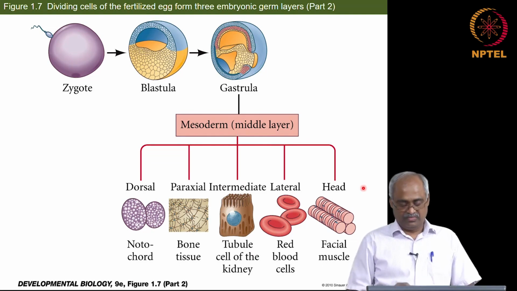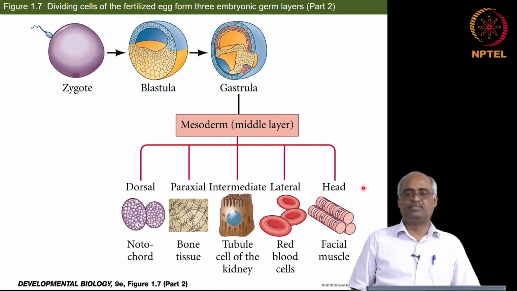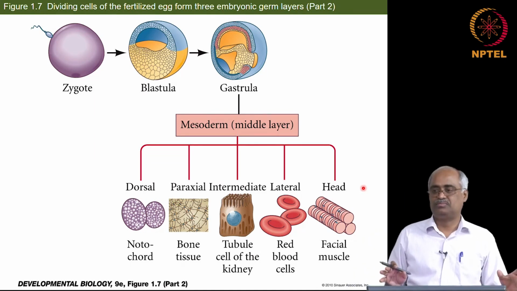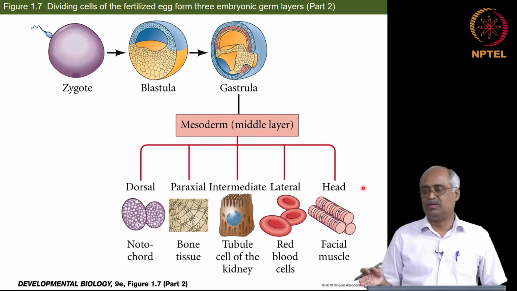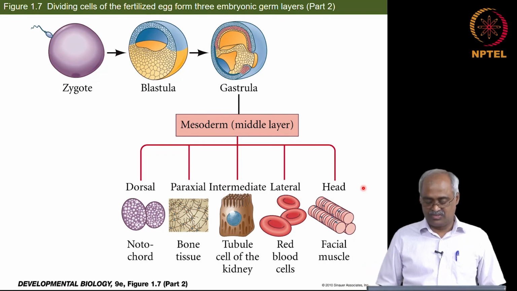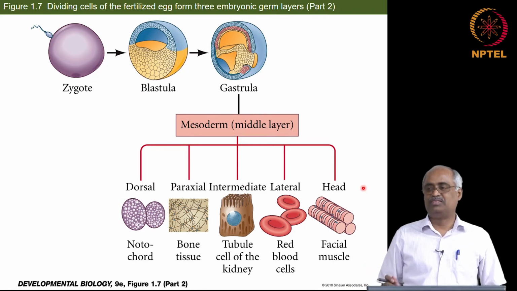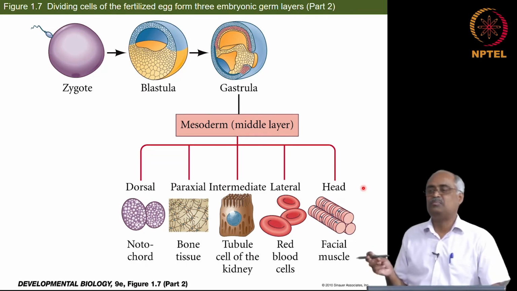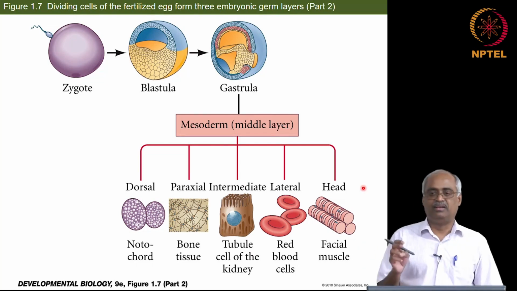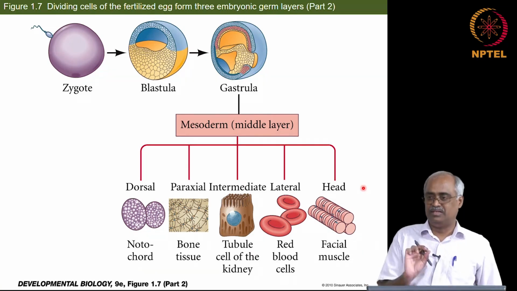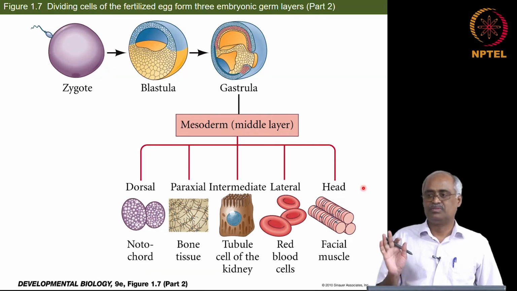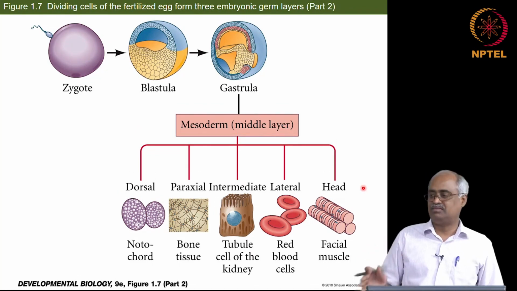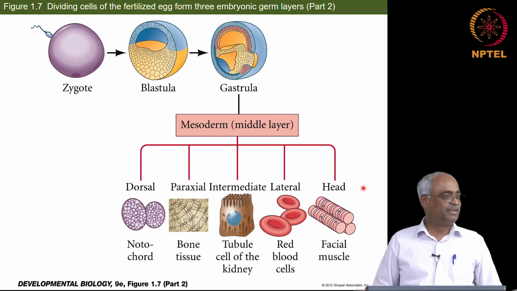So the very precise details you need not remember, but you should know what's ectoderm, mesoderm, endoderm, and loosely what structures come from them. You need not know all of the cell types that come from mesoderm, but at least you should be able to say mesoderm means internal organs are formed from that. And some outstanding examples like intestine: the outer side is mesoderm and inside is actually made from endoderm, and brain and skin surface is ectoderm. So at least that much you should know.